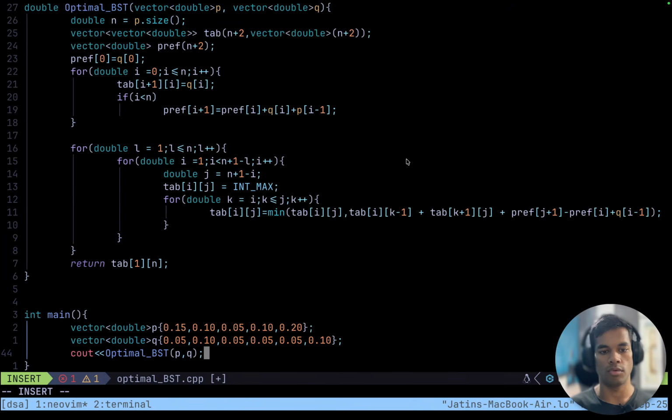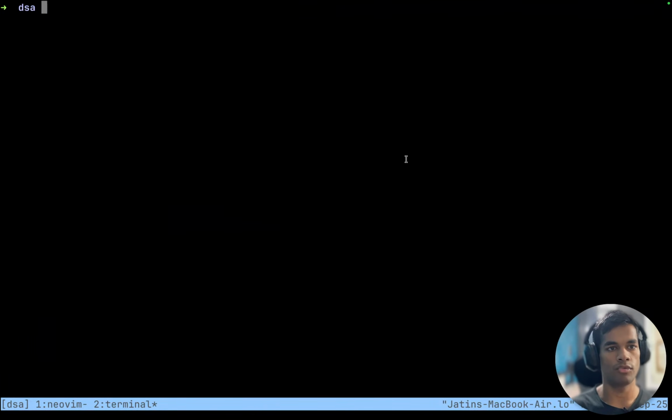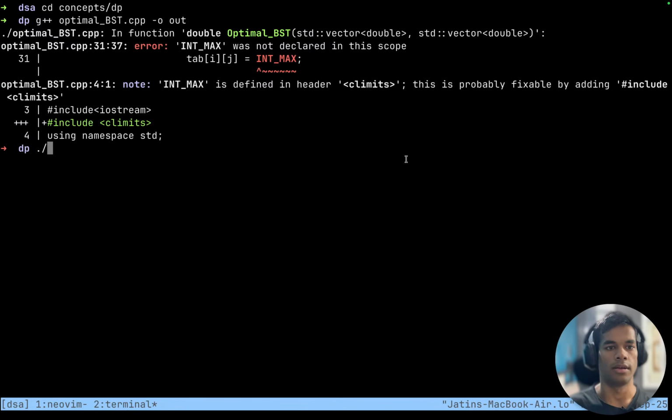P and Q as inputs and R. Most probably it is going to fail. Optimal BST. Wait, doesn't even compile